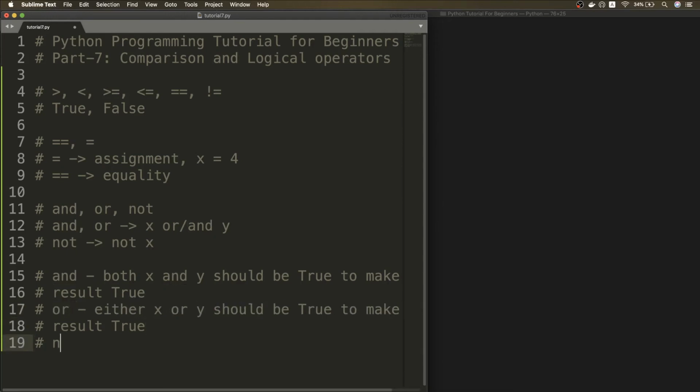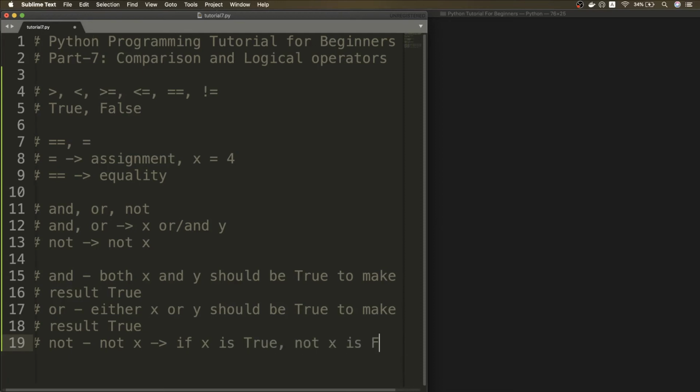And for the NOT operator, what it does is it basically reverses the value. So if we have not X, that means if X is true, not X is false.